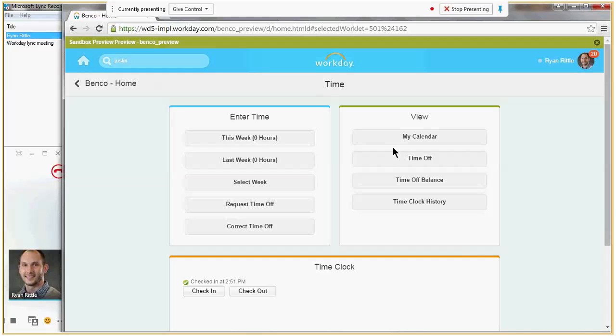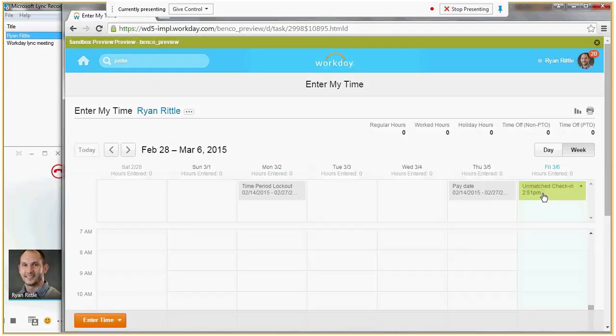The one change that has been made is when you go to your calendar, you will now be able to see on the calendar exactly when you punched in for the day. As you can see, I punched in at 2:51, and it's now in my calendar as an unmatched check-in for 2:51. It's unmatched because I have not checked out for the day. This is a helpful tool now that if you forget to punch out for the day, you can now easily come into your calendar, select the unmatched check-in,